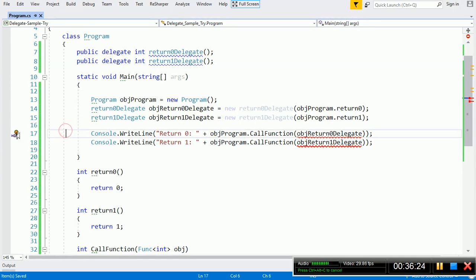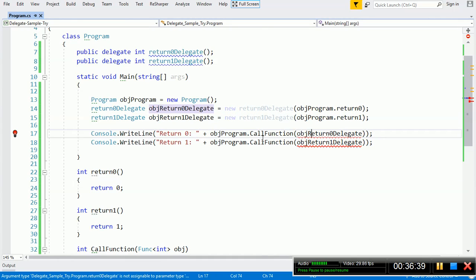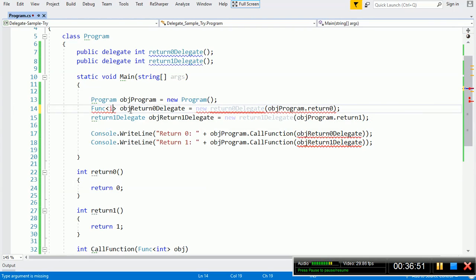So how to solve this problem? To solve this, we will just delete this line return 0 delegate, and then we will change its type to func. It will return only one integer, so func delegate.